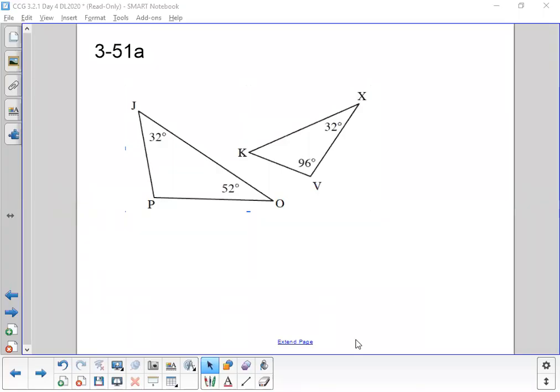If I'm looking at this problem here and I'm trying to decide if these two triangles are similar, I know that I can do either angle-angle similarity or side-angle-side similarity. Now, I don't have any side lengths marked, so I know side-angle-side is pretty much out of the question. But maybe angle-angle is what I can do. So if I'm looking at what I have,